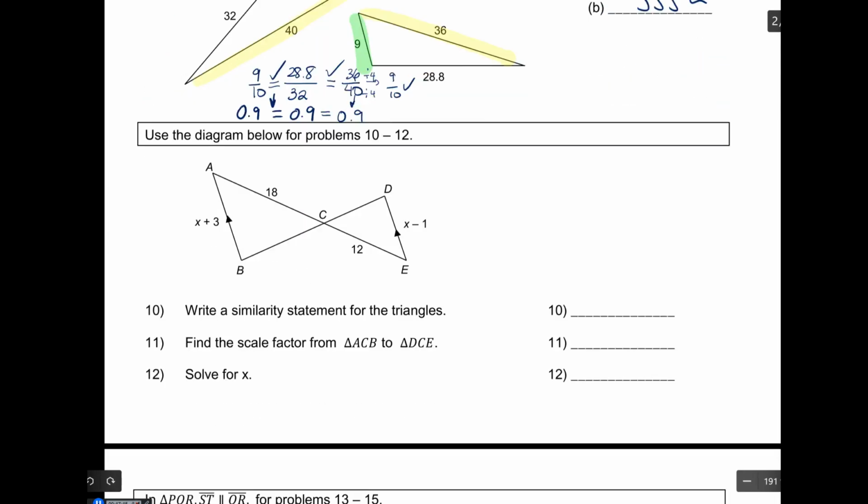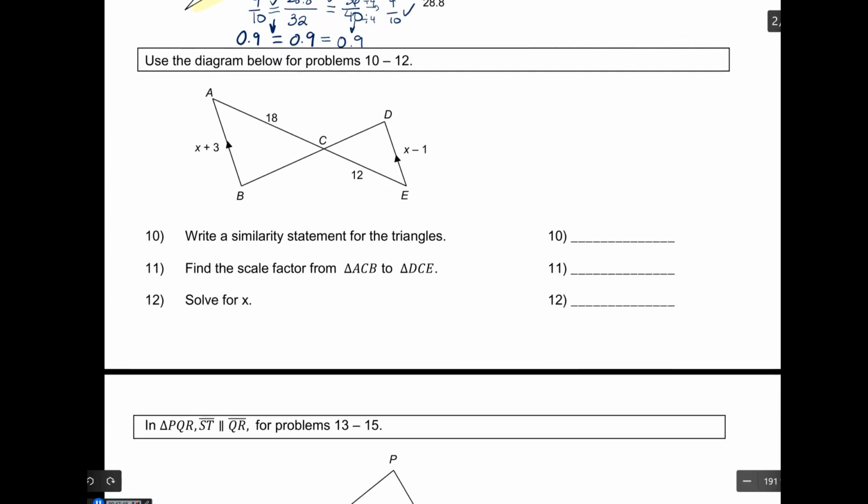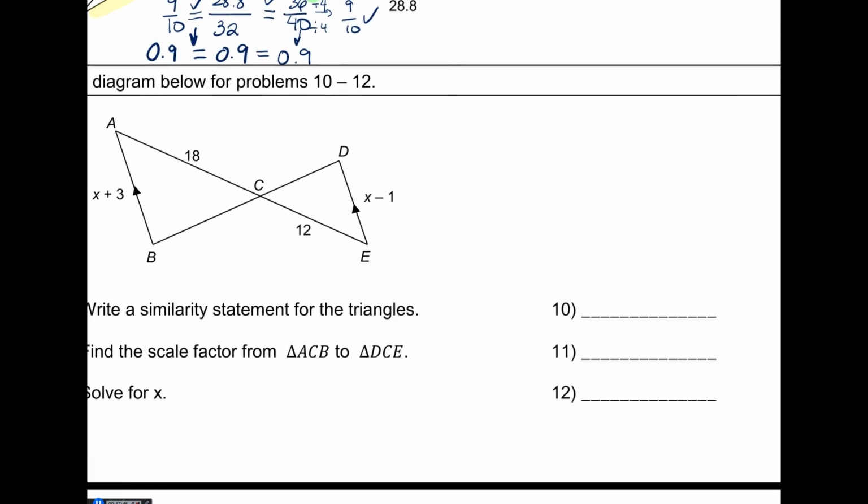All right. Use the diagram below for problems 10 through 12. Write a similarity statement for the triangles. Find the scale factor. Solve for x. All right, Ashton, you're up. Ooh, it's my turn. Okay, so here, write a similarity statement for the triangles. Okay, so I would say that triangle CDE is similar to triangle